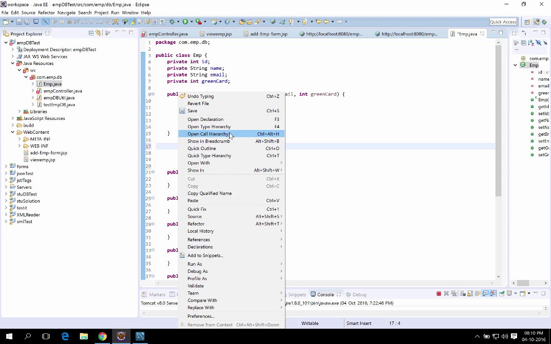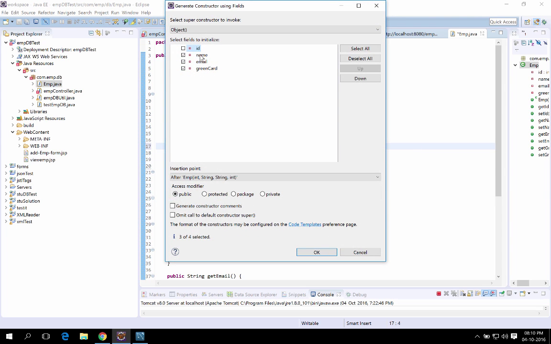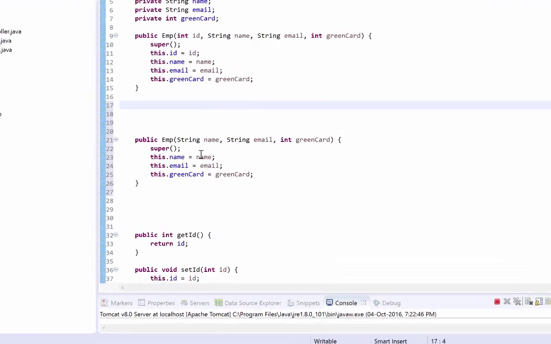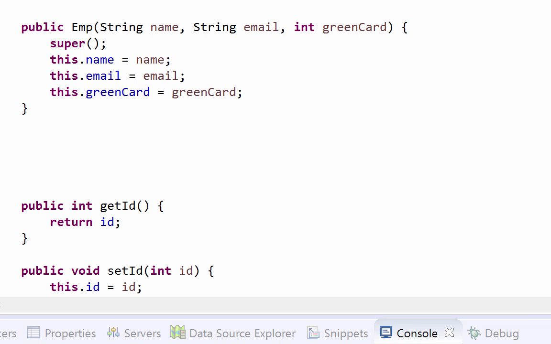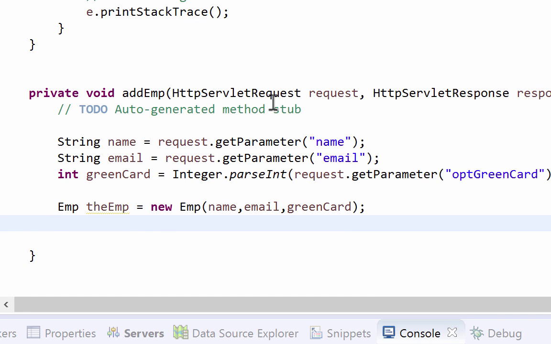So this is in the employee class. In the employee class I'm going to generate the constructor, but now only with these three fields. I remove the ID, so it has only name, email, and green card. Now I can use this to create the object with name, email, and green card. So this will create an employee object, and now I can call the employee